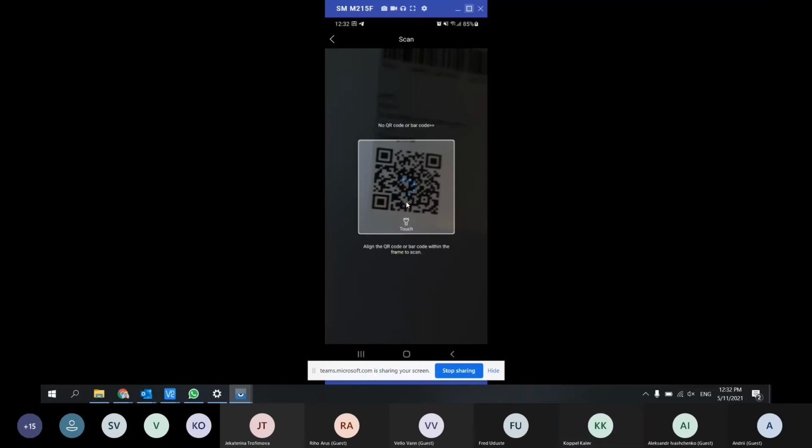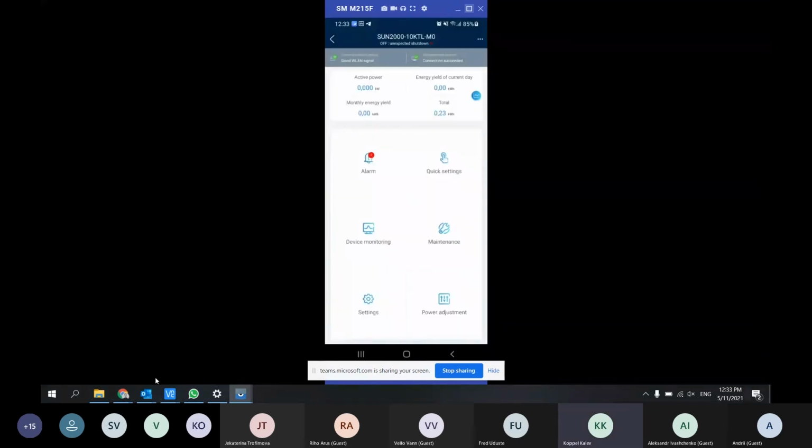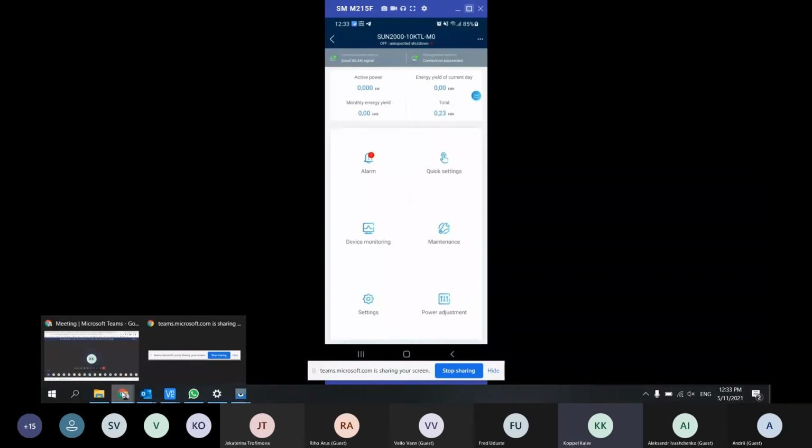So you see his screen, yes? Yeah, we can see, but it's not connecting. No, it's already connected, or not? Oh, no, it's connected. Yeah. Okay.